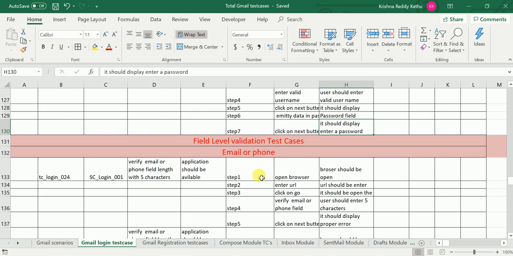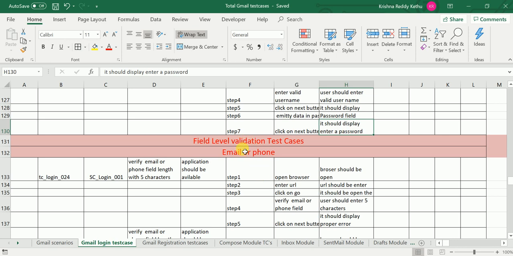Negative test cases means you are playing with negative data on your application. That is a negative test case. We are expecting the corresponding error messages to be displayed, and the application to restrict us from logging into the application when we enter invalid data. So these are all we need to verify there.